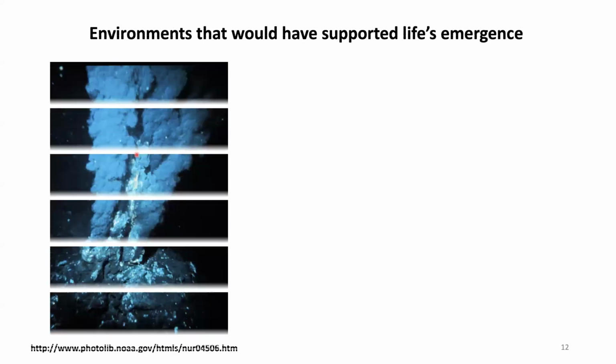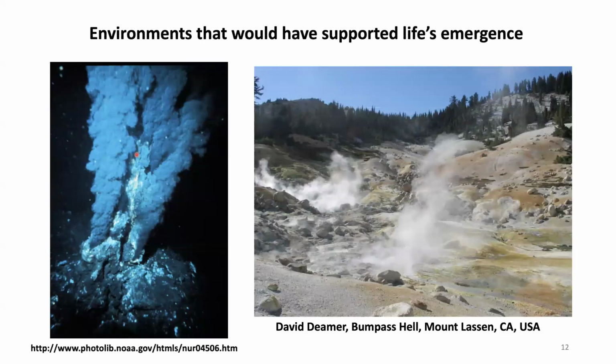So to go back to the environments that are very relevant to this expedition that you're on, AMAS 2024, on the right side is a terrestrial geothermal environment, like is readily present where you are right now. Unfortunately, you might not be able to see such sexy-looking hot springs, but having said that, these are the kinds of hot springs that are thought to have facilitated terrestrial geothermal processes relevant to life's emergence. The other environment is a volcanic system, again a geothermal system, but present on the sea floor. And I'm not going to be talking about this for the rest of the talk.